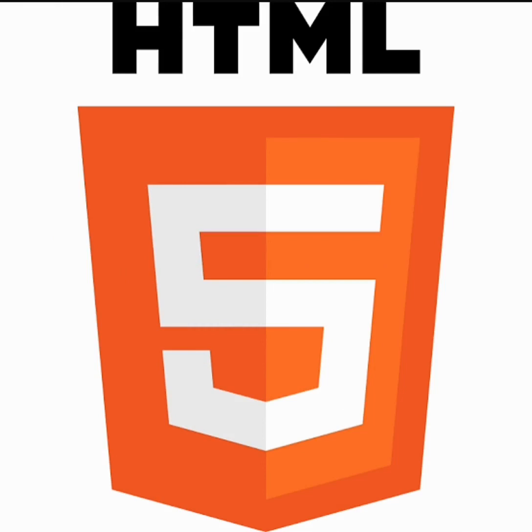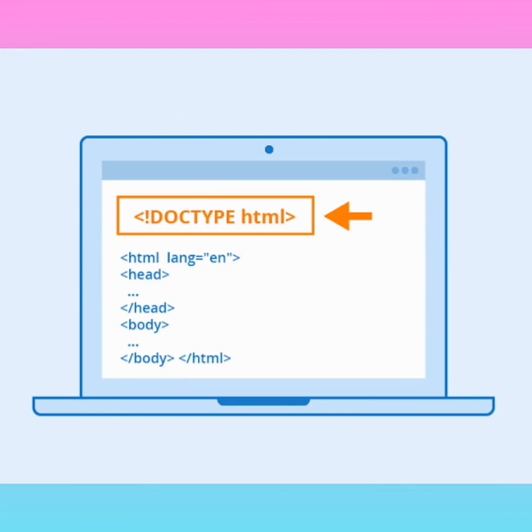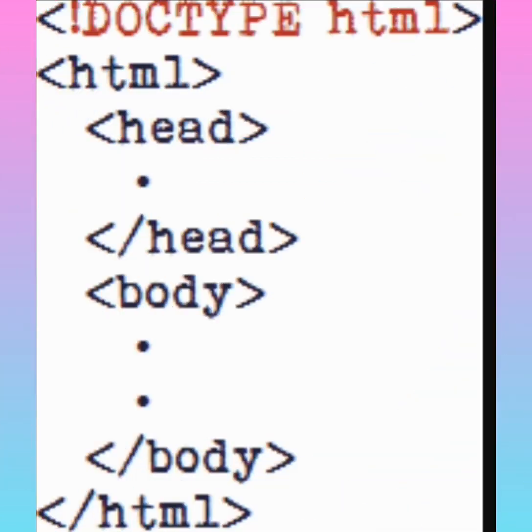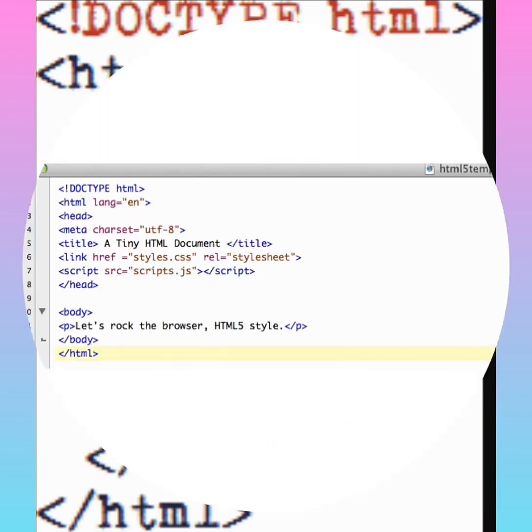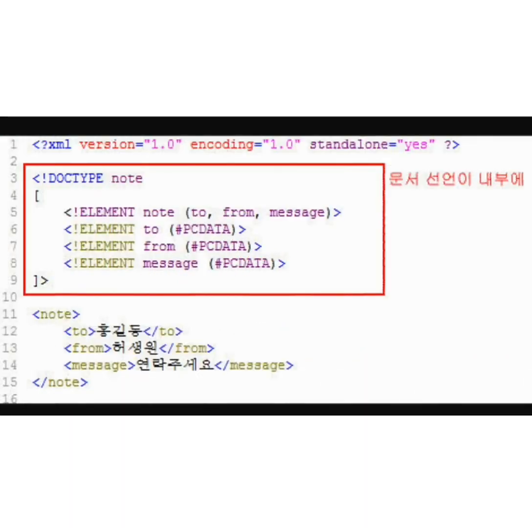In order to give information to the browser about this, the line doctype html is used before the HTML script. The browser software considers all HTML files as web pages, so even if we don't use this line in our script, almost all HTML tags will be displayed in the web page.